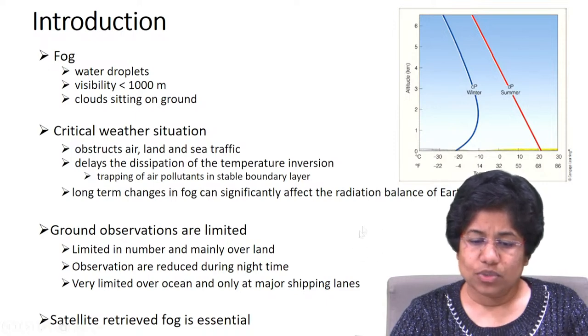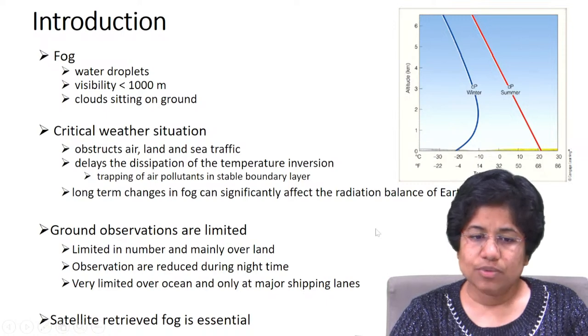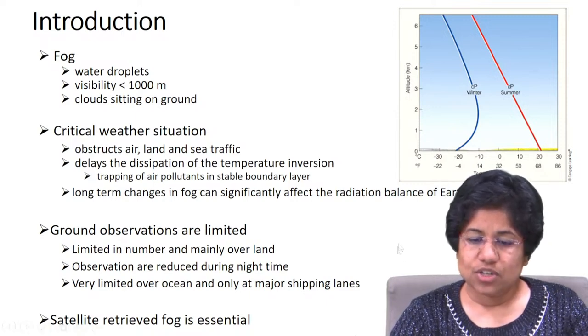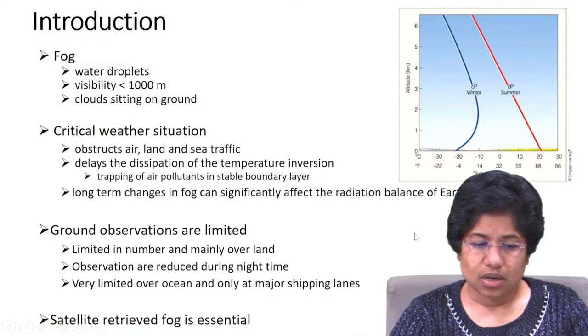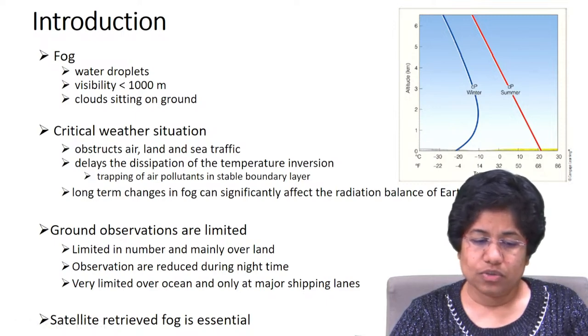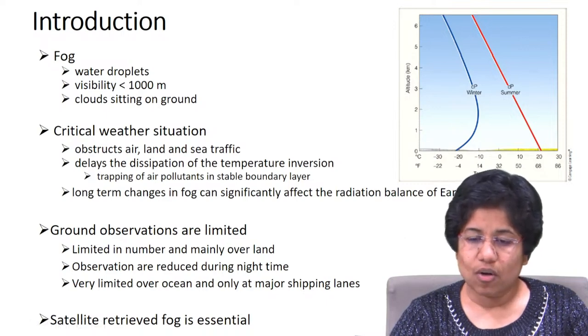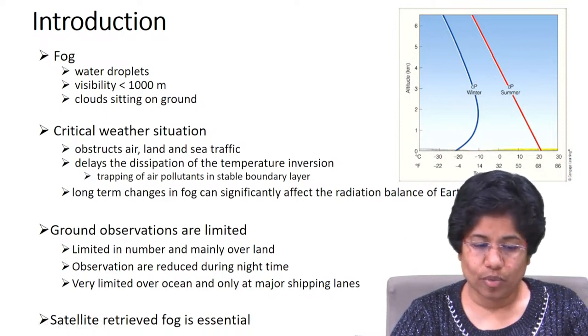In automatic observations, an instrument called a transmissometer is used, which keeps noting the reading every second, right? Like at all airports we have automatic observations of visibility. But in the ground case, whatever number of observations you have will always be limited in number, right? You may not have full spatial coverage, it's not possible.